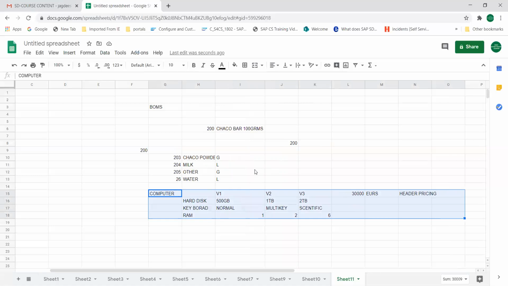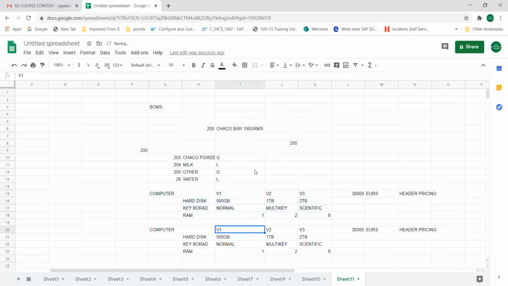In a similar manner, if you try to extend this example in another way, I delete this 30,000. My hard disk is somewhere around 10,000, keyboard is another 5,000, and RAM is another 15,000. So all these components totaled together become 30,000. So the approach here is item